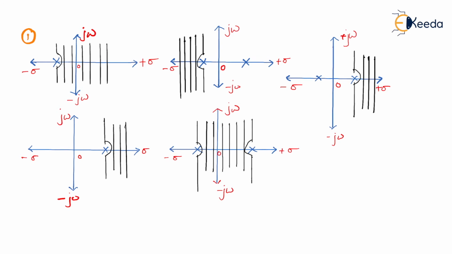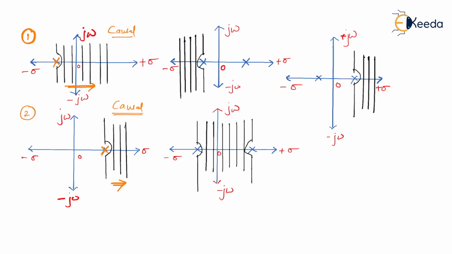Let's see. In the first example, as you can see, a pole is situated here and the ROC is to the right hand side with respect to the pole. Definitely this system belongs to a causal system. So the first example refers to a causal system. Look at the second example. Here the pole is present at the right half of the S-plane. In the first example, if you have seen, the pole was present at the left half of the S-plane. When I say left half and right half, it is always with respect to the j omega axis. See, j omega axis, the pole is present to the right hand side. And with respect to the pole, the ROC is again present at the right hand side. So again, this is a causal system.